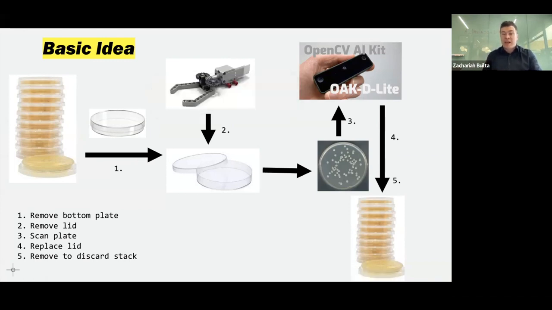We could add the bacteria to the plate, pick off colonies from the plate. It really opens the doors to what we can automate with this process. So remove the plate, remove the lid, scan the plate with the Oak D-Lite, and then backtrack on the robot to basically put these plates into a discard stack that I can come grab, pick up the stack, and go on my merry day. So rather than this stack of 10 plates taking me 15 minutes, I would hopefully be